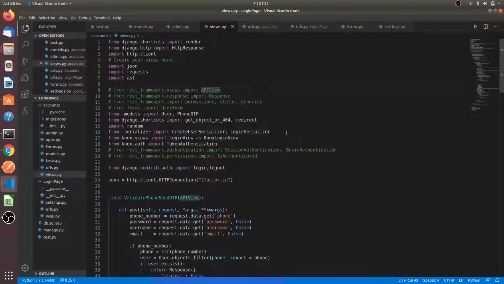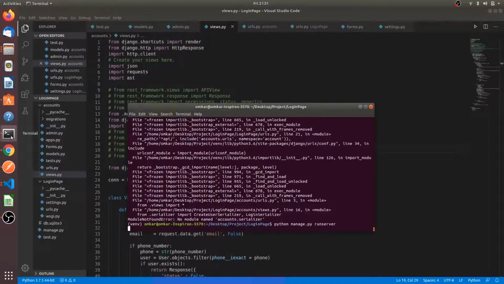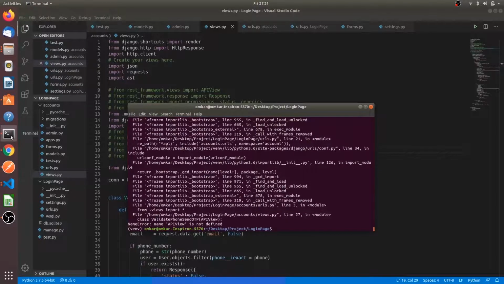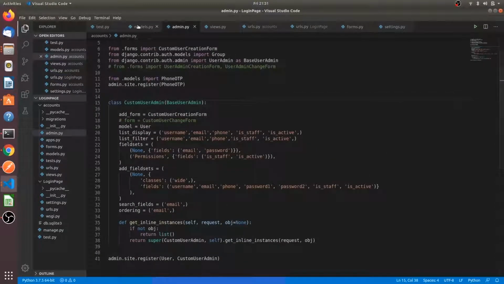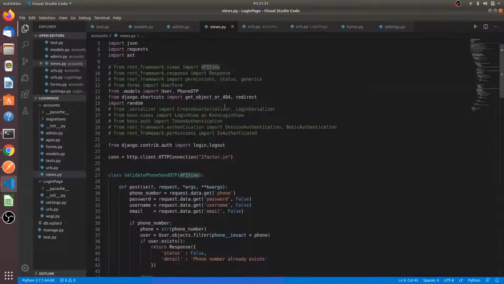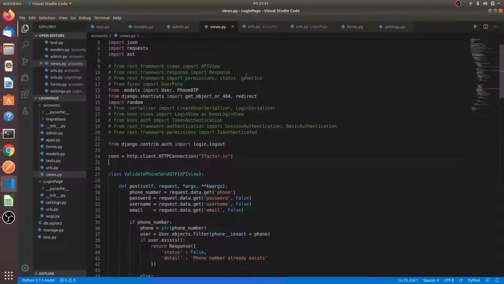Okay, serializer. We don't need this one also for now. Anything else left? Name API view is not declared. So go back to views.py and check why API view is not declared.